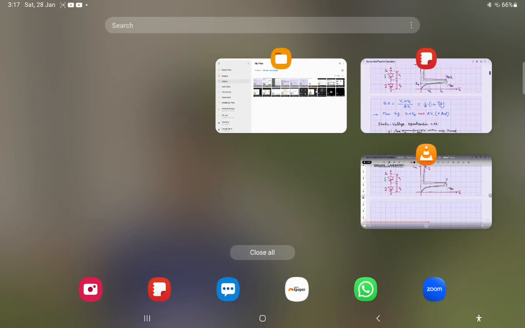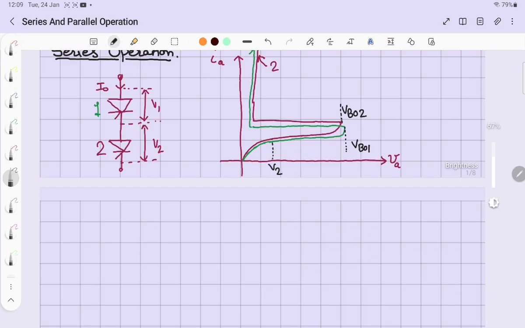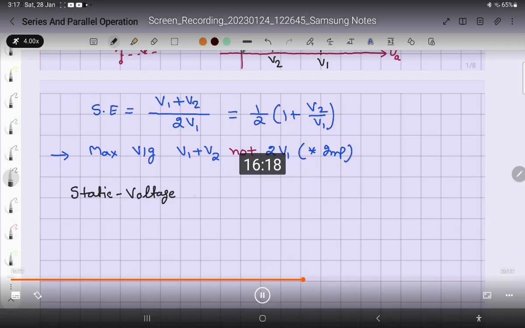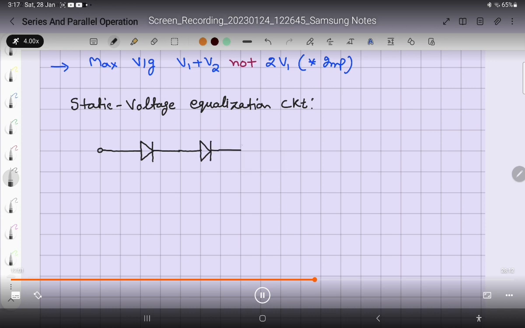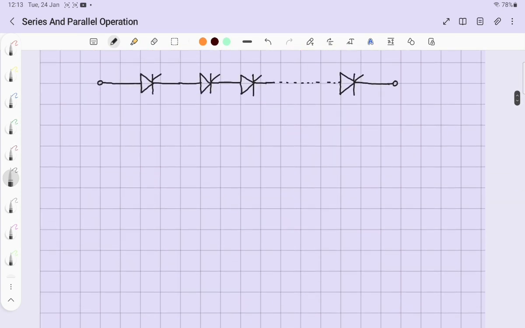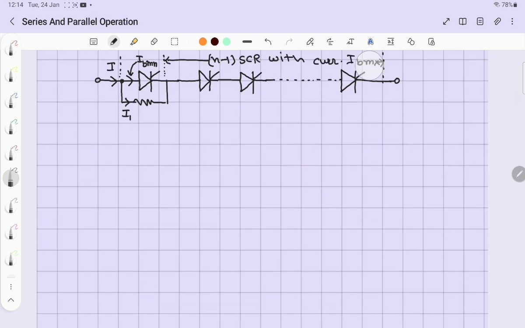In this, we have n SCR which are connected in series, as you can see in the picture. So for each SCR to have equal voltage sharing, we have to connect a resistor across each thyristor or SCR, so that the voltage shared by each